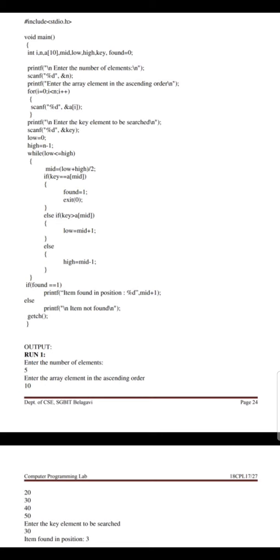With respect to binary search, if you would like to search for 51 in the array, the same method I will follow. If the number is not found in the list, then the else part will get executed. The message 'The item is not found' will get printed.